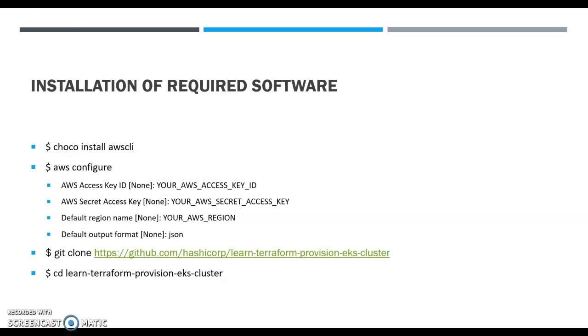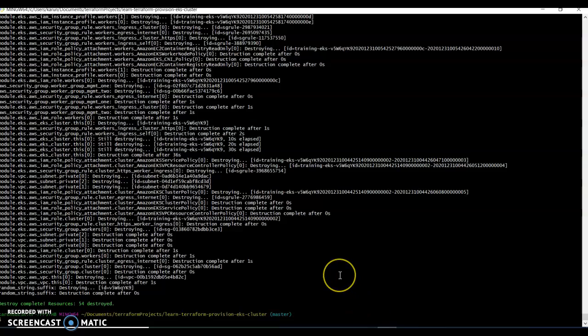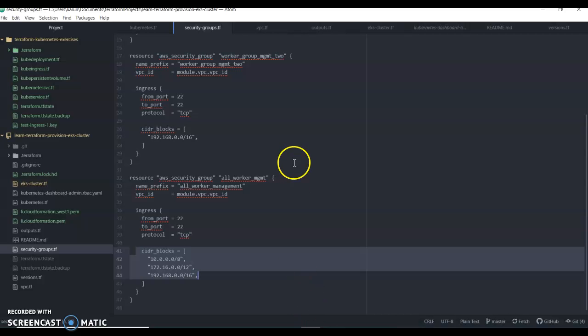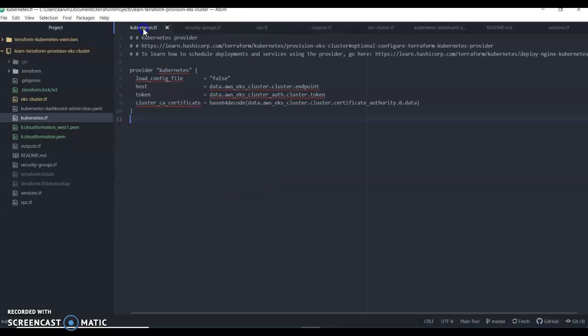Once we do that, the installation is done. So we're going to open the Atom IDE. The Atom IDE is mainly meant for Terraform code, to create, execute, and modify any Terraform code. We have to use this. So if you go to this particular folder, you're going to have this